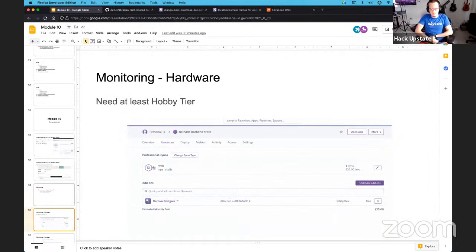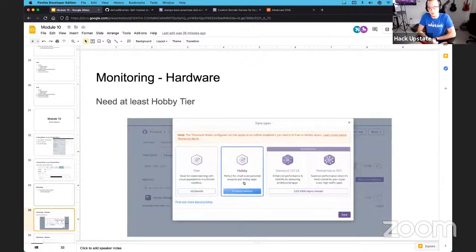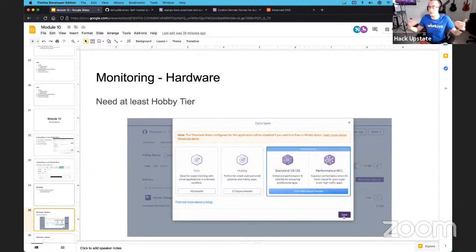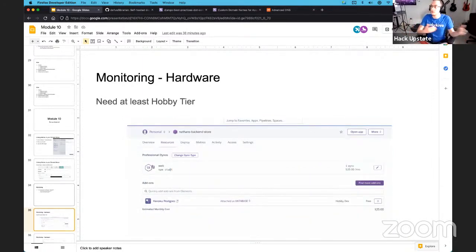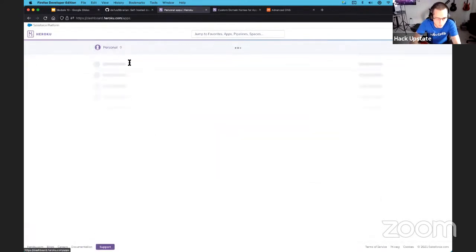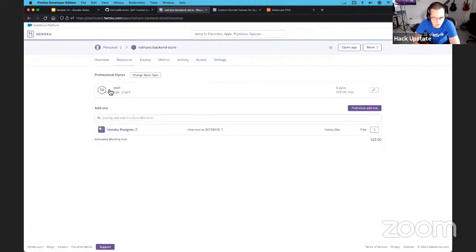With Heroku, you obviously can pay them money and they'll give you more stuff. For the demo day, here's a thought: maybe switch to Hobby just to get that extra beefy server for when you go and do your demo. Just a thought. But if we go into Heroku, I'm going to look at Nathan's backend store. You can click on resources and you can give Heroku some money and they will give you bigger,